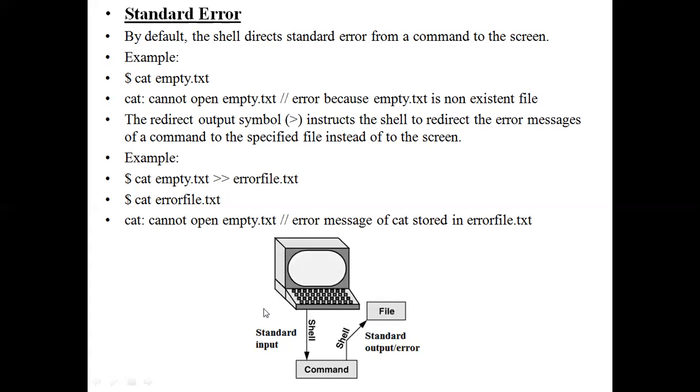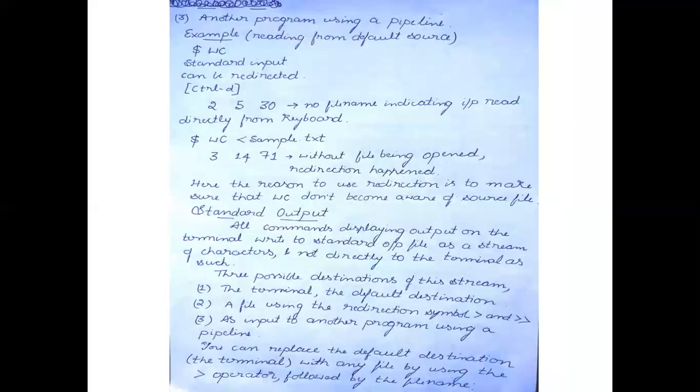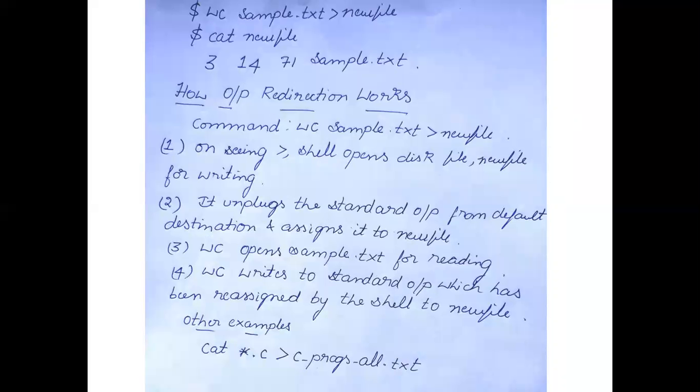So this is a diagrammatic representation of all the three files. So whenever you are taking input, the command will take input from the standard input through shell. So the command will give the input to a file or a terminal through the shell. Output ಮತ್ತೆ error ಕಮಾಂಡ್ ಇಂದ ಏನು output ಅಥವಾ error ಬರುತ್ತೆ that will be sent to a file. So file ಗೆ ಕಳಿಸಬೇಕು ಅಂದ್ರೆ redirection ಯೂಸ್ ಮಾಡ್ತೀರಾ, ಇಲ್ಲ ಡೈರೆಕ್ಟ್ ಆಗಿ ಡಿಸ್ಪ್ಲೇಗೂ ಸಹ ಕೊಡಬಹುದು. So this is how you can make use of these three files, which is standard input, standard output and standard error. Main ಆಗಿ ನೀವೇನು ಅರ್ಥ ಮಾಡ್ಕೋಬೇಕು ಅಂದ್ರೆ,